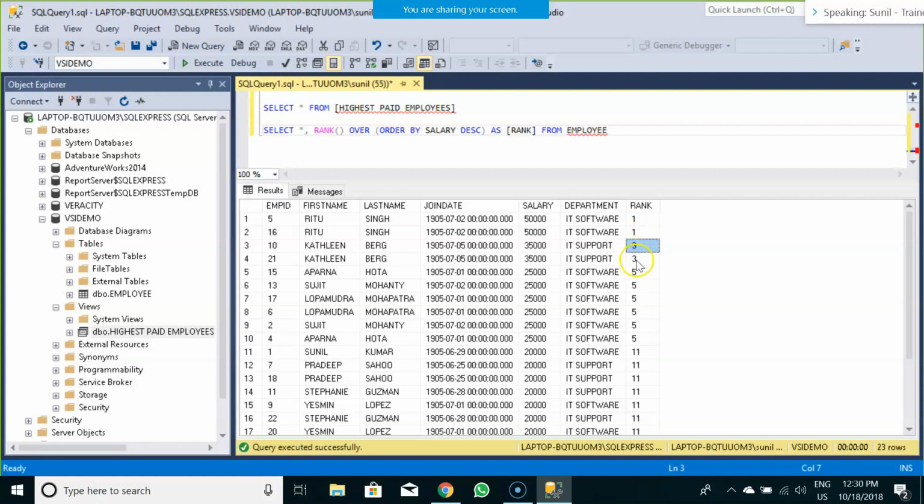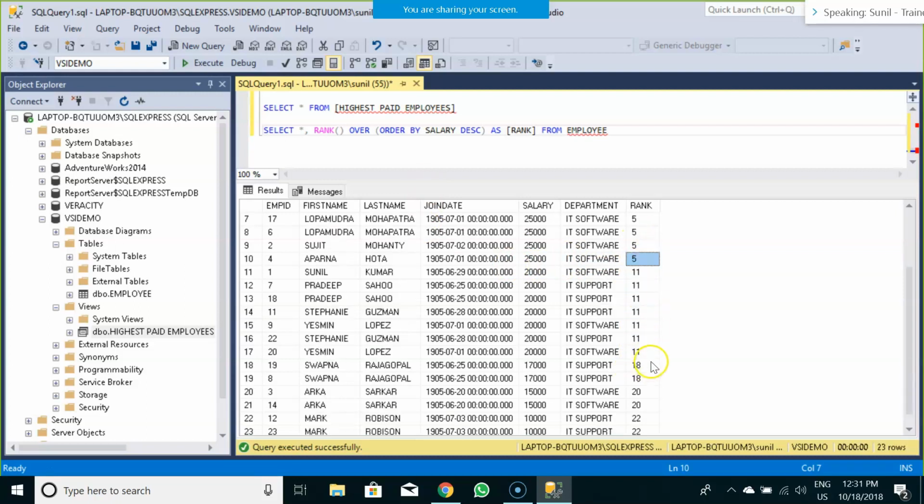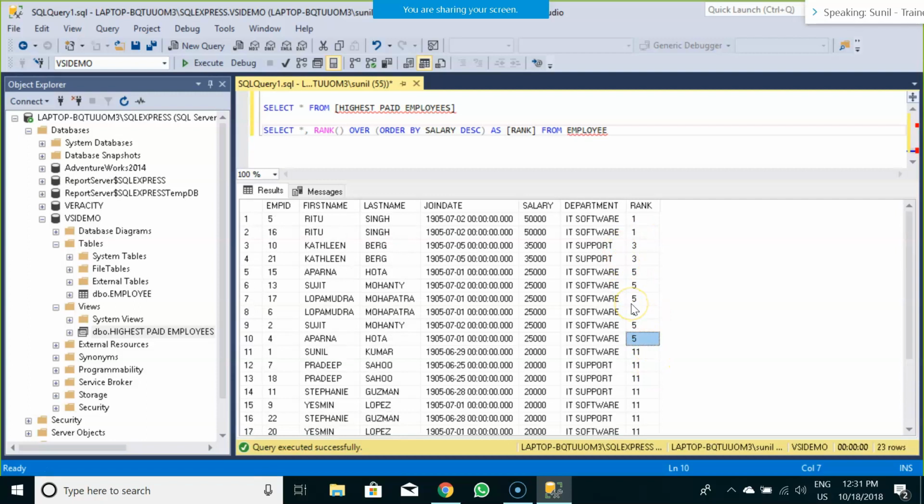By going by your saying, this is the fourth rank, this is the fifth, this is 6, 7, 8, 9, 10. But I do not see a sequence over here. Why is this sequence not maintained? Maybe it grouped all the equal salaries into one group. There is no grouping as such at this point of time, because for grouping we haven't done any partition so far. This is an ungrouped result.